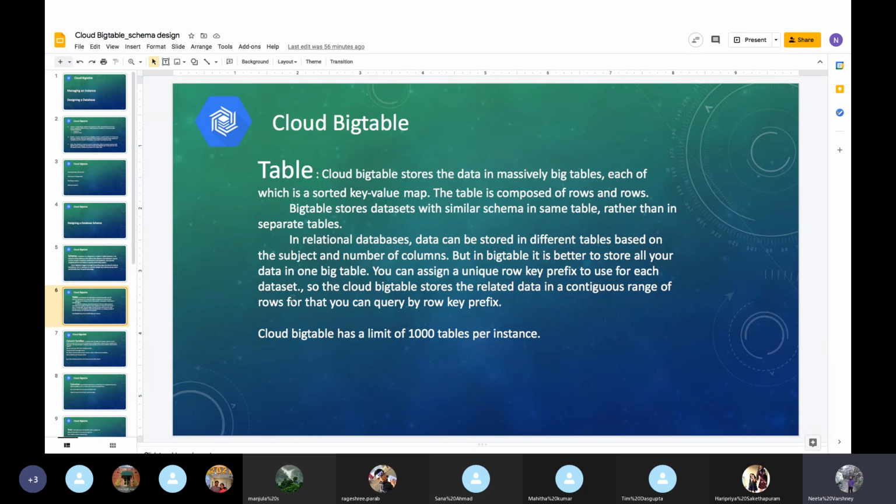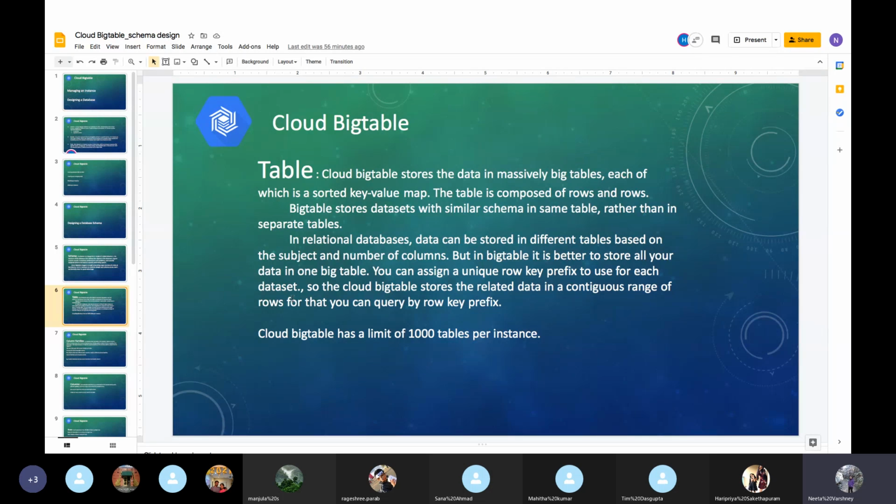So what is a table? Basically, in layman's language, a table consists of rows and columns. But in Bigtable, in relational databases, we have a subject and a number of columns, and we create a table based on those columns for that subject. In Bigtable, data is stored in one big table.